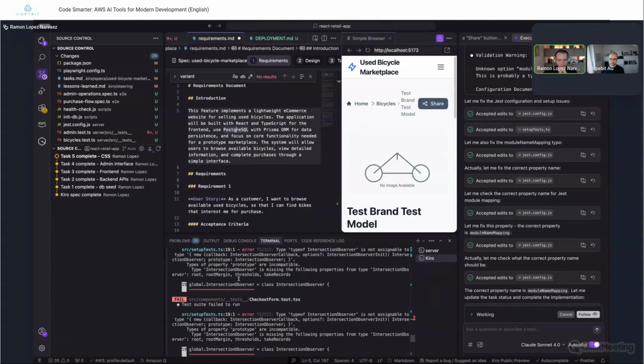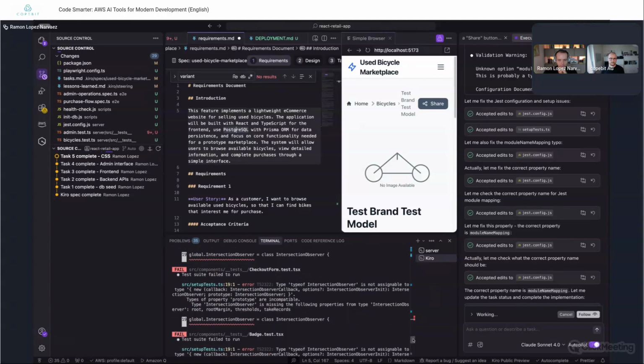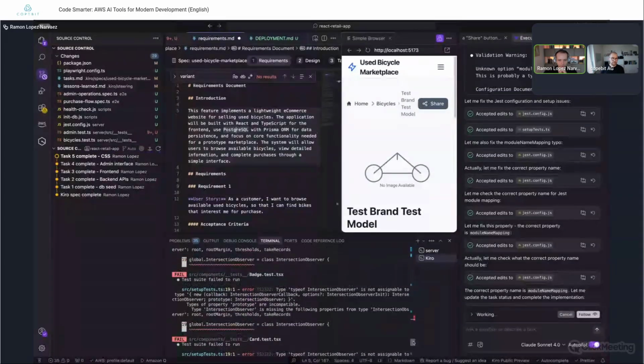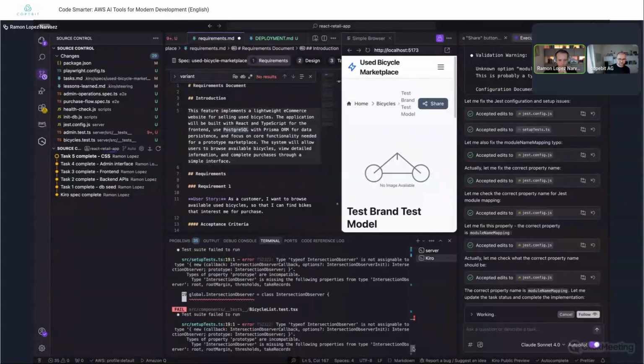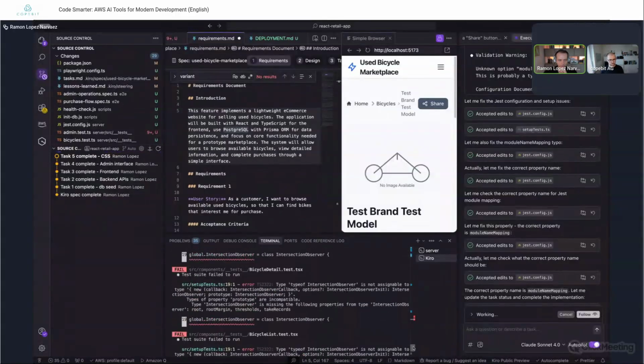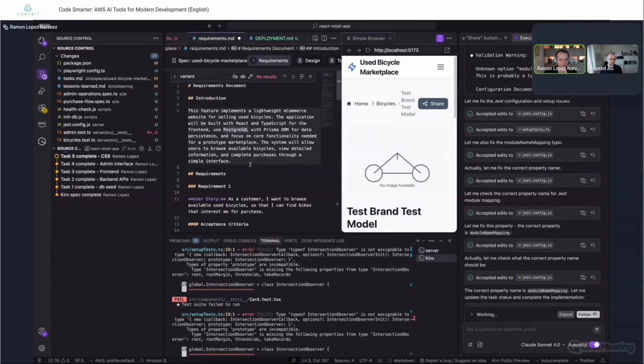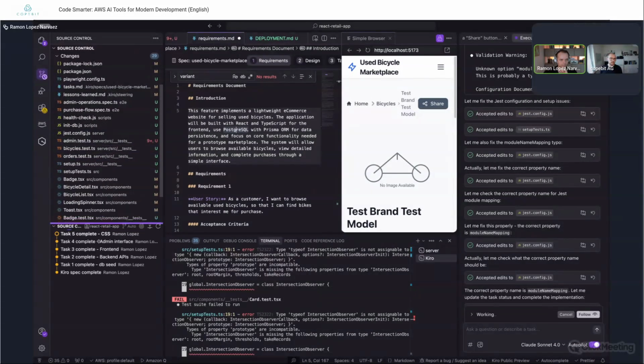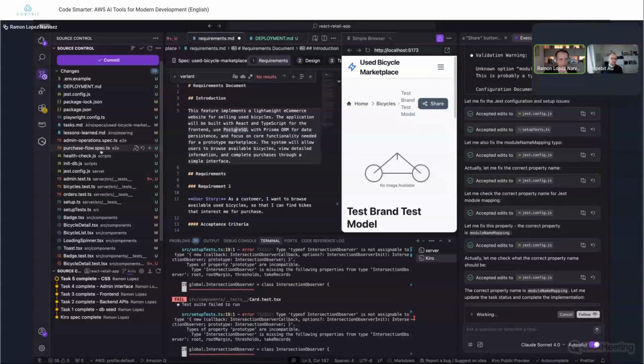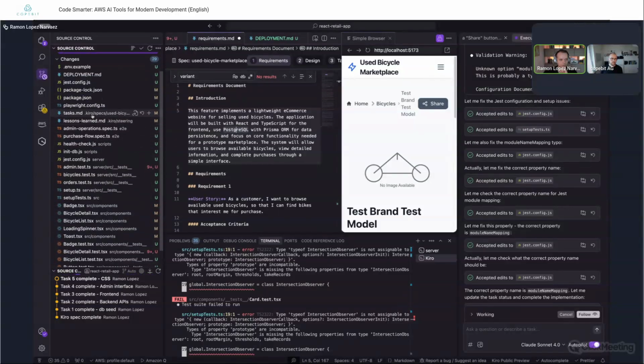So it's working and it's running tests. It's nice to see how it takes over the terminal and you can actually follow what it does in the terminal. So it implemented a bunch of unit tests and also tests using Playwright. And you can see in the changes here all of the stuff that it has touched, you know.